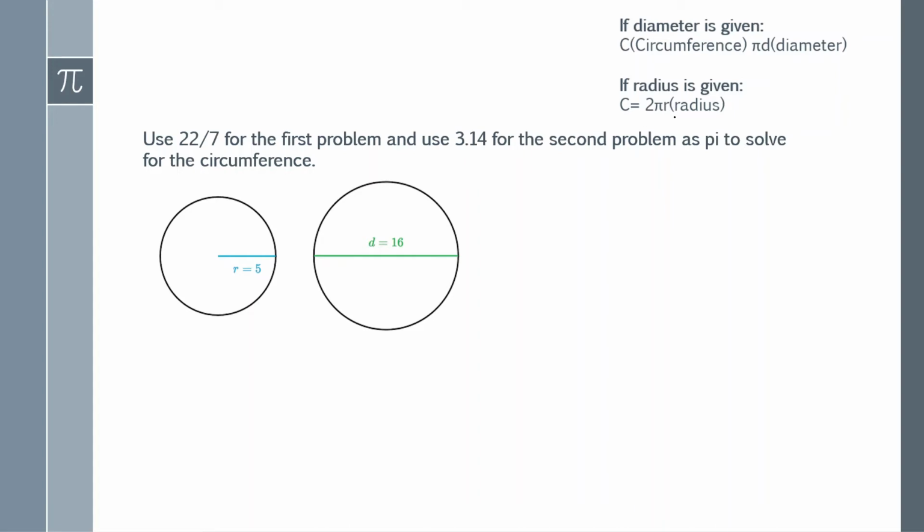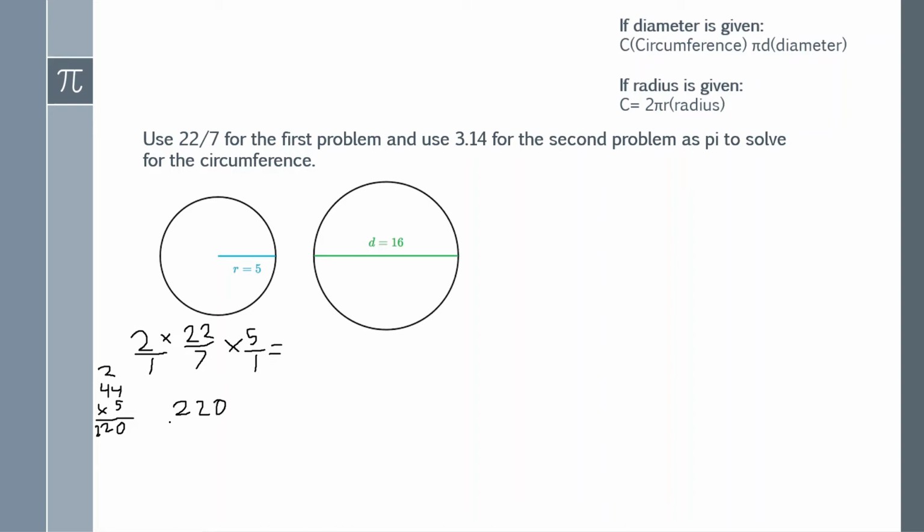So it'd be 2 pi r. So the 2 will stay the same, times 22/7, and the radius, so this would be times 5. We know these whole numbers are over 1, so we can just put the fraction over 1. When we solve, we get at the top 22 times 2, I know, is 44. And then 44 times 5, I'm just going to solve it out here real quick. Okay, so I get 220, so it's going to be